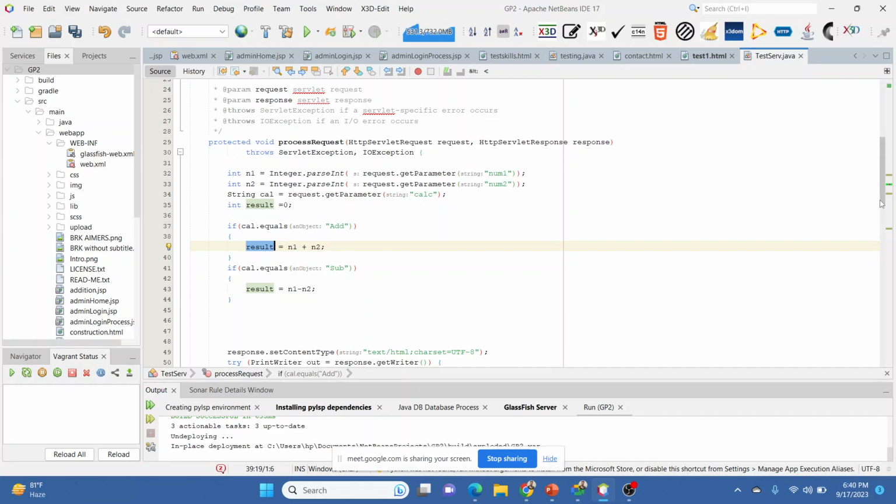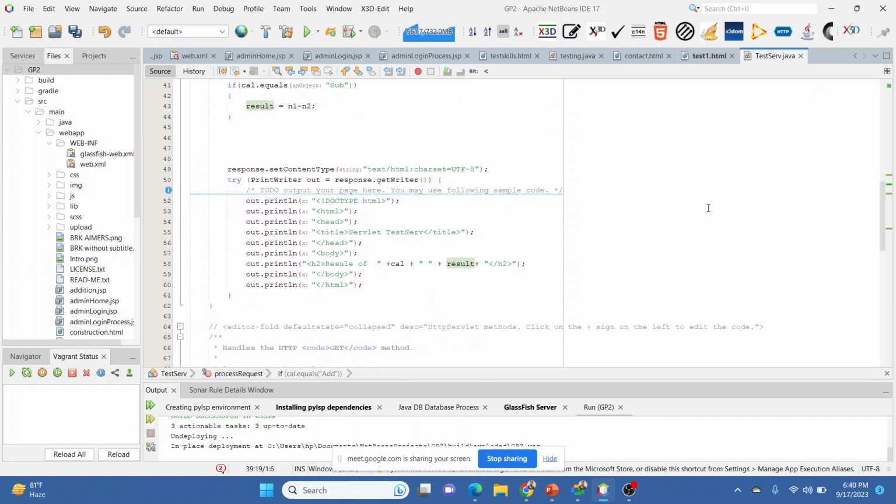And after storing into the result variable, now we print the writer's object out, which is useful. On out, in core Java we used to write System.out.println. So out.println is going to write onto a browser. So on the browser we have written some HTML content,